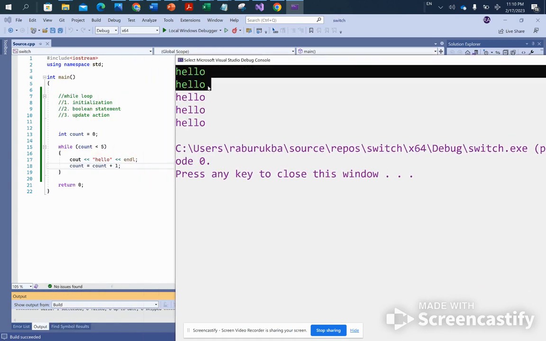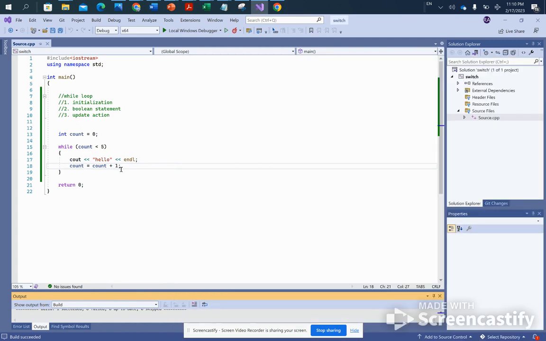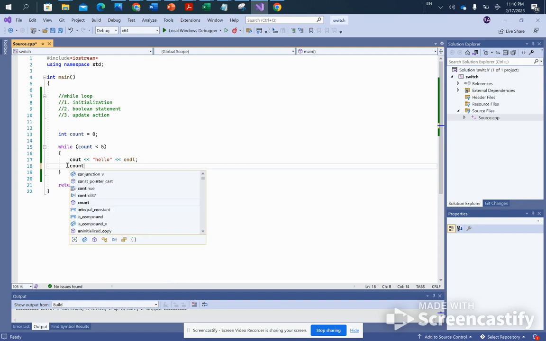Now I got hello printed 5 times and then it stops. Cool. Now there's a shortcut for this statement. If I need to increment the value in count by 1, I can simply say count plus plus, and that will increment the value in count by 1.